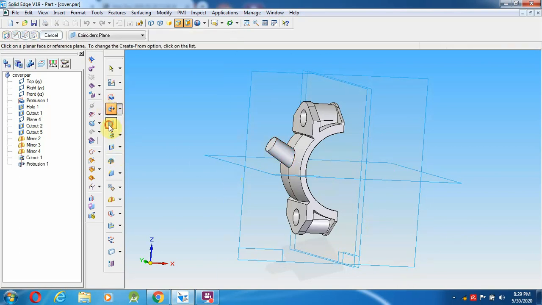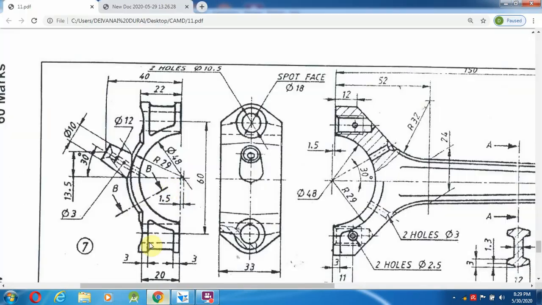Go to the hole option and check with the dimensions. So it will go with the countersink hole. So through, it has hole diameter. They will be given here. The hole diameter is the pi 12. So the hole diameter is the 12.